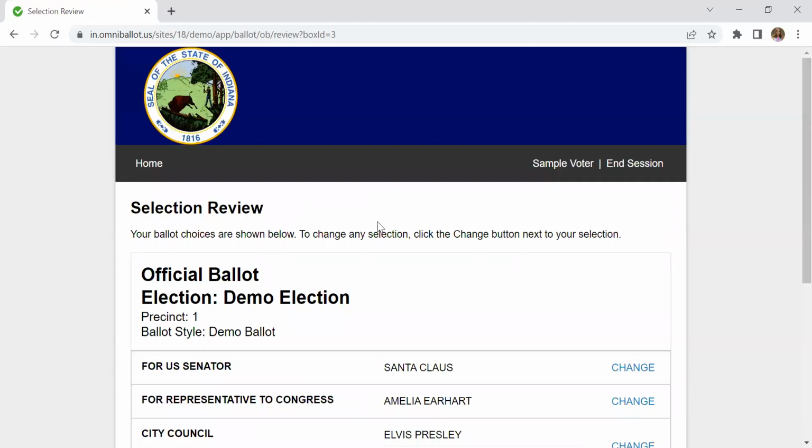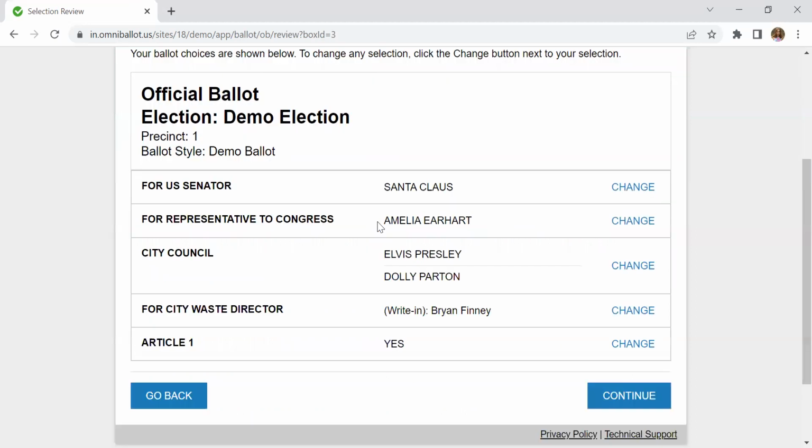City Council heading level 3. And it'll bring you back right to where you left off on the selection review process. So again, there's no guesswork here. If you down arrow, Elvis Presley, Dolly Parton, change City Council button. You'll see that this contest is now uniform with the rest and that error message has disappeared. You only have your selected candidates along with that change button if you'd like to make any additional changes.